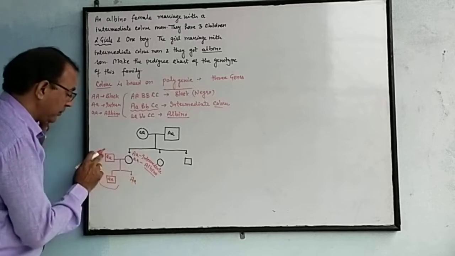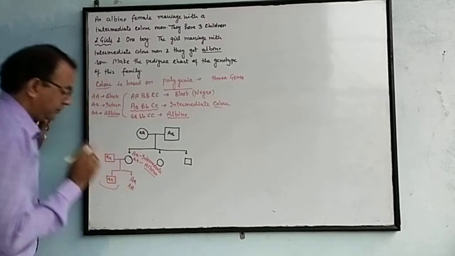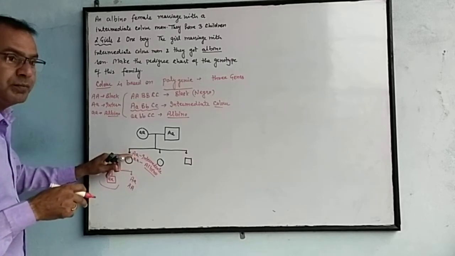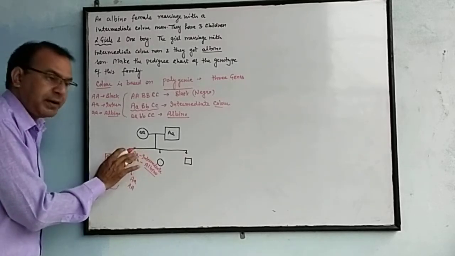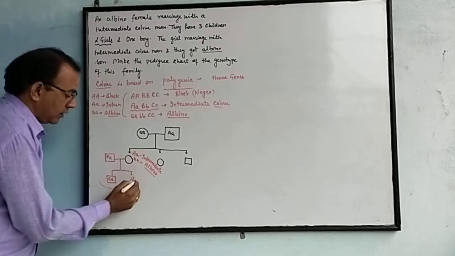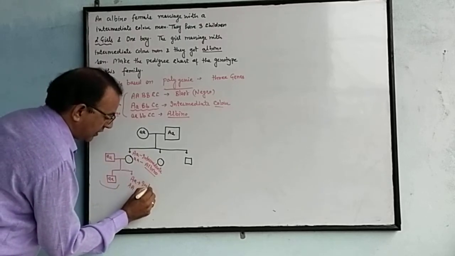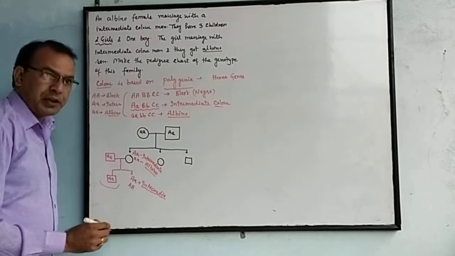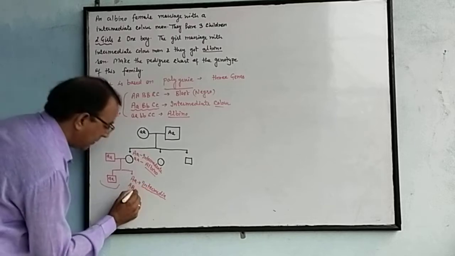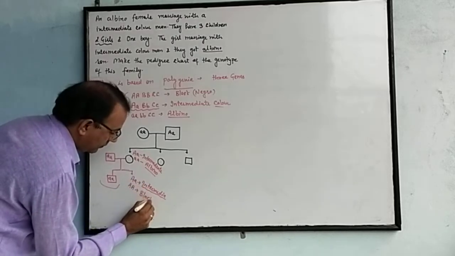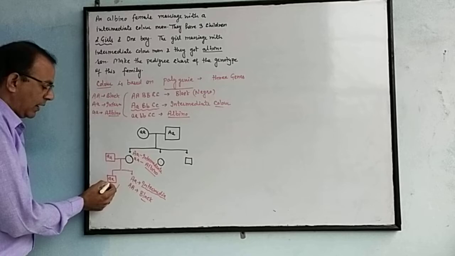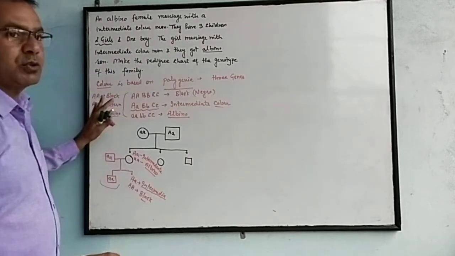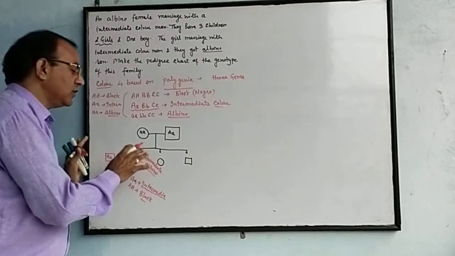What can happen in this way? Both are capital. Capital A means black color shows in the father, and black color in the mother, because the mother is intermediate, maybe intermediate, capital A and capital A. So what can happen here? Intermediate. The next offspring will be intermediate or black, but the possibility of albino may already be present. So this type of question is solved according to the pedigree chart.